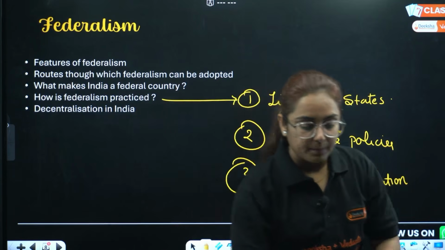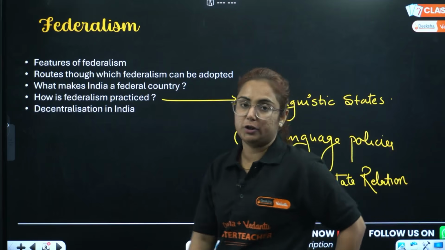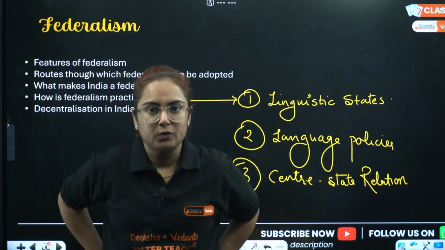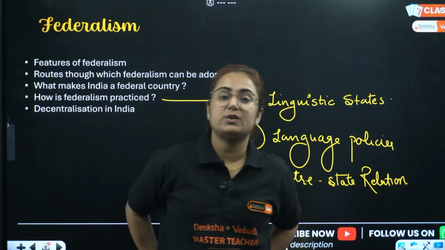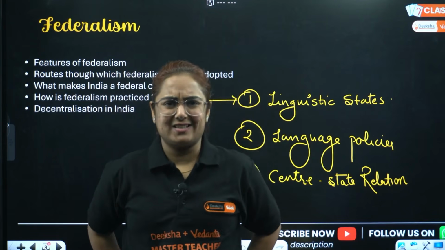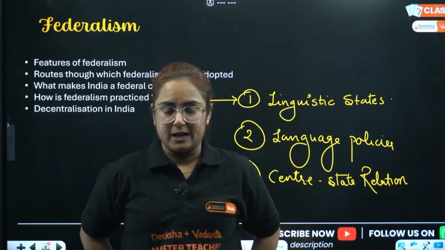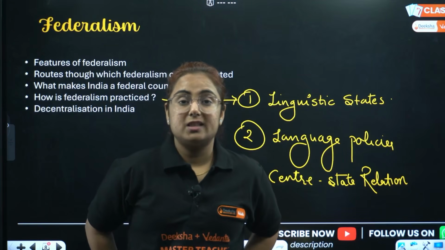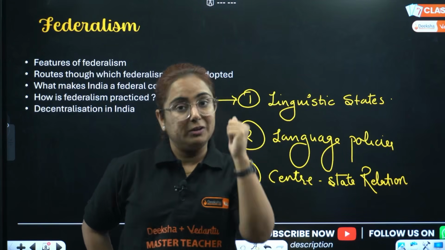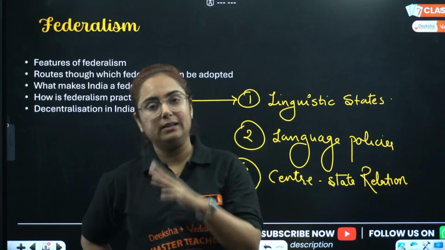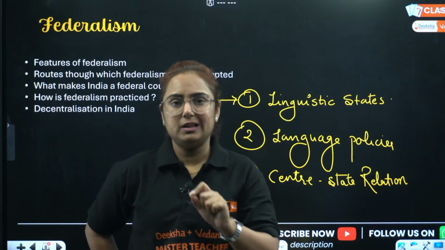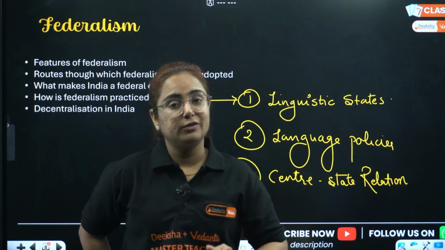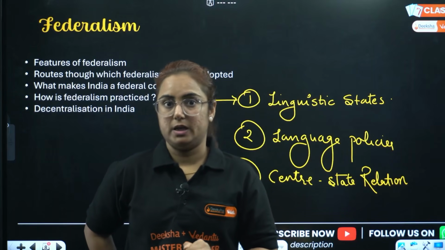We became an independent nation after the Britishers left us in 1947. The first task was to form the states, the administrative divisions in the nation. The question was there in the Constituent Assembly: on what basis should states be made? Some said language, some said another thing. But people questioned whether making states on the basis of language would undermine the unity of the nation. Some said yes, it will.